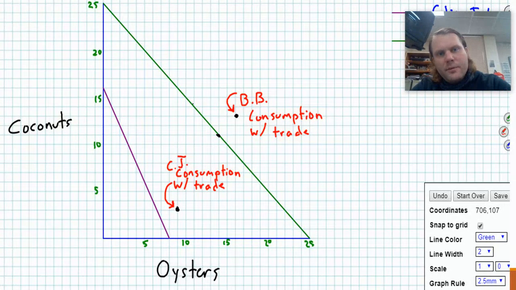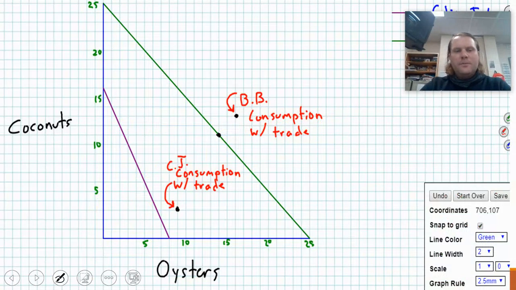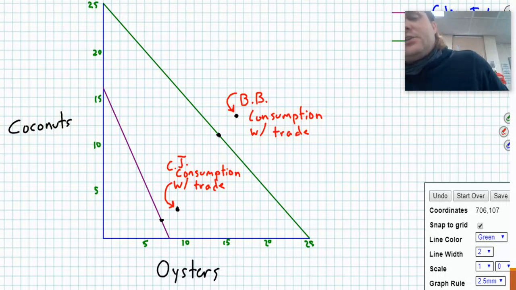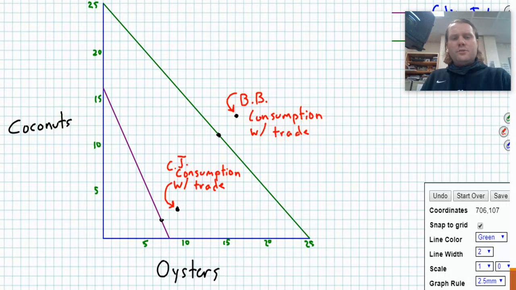Theoretically, he can produce and consume anywhere on this line, right? But we just picked a spot. Remember, you can't consume outside of it. All right. And then for Calico Jack, we said 7 and 2. So 7 oysters and 2 coconuts. Again, he can produce anywhere on this line and consume anywhere on this line if he's the only producer. Okay. So those are their original spots. Now, we've got to assume some things. Obviously, the first thing would be like, well, what if they don't want to eat oysters that day? Or what if they don't want to eat coconuts that day? Well, don't get so complicated, okay?